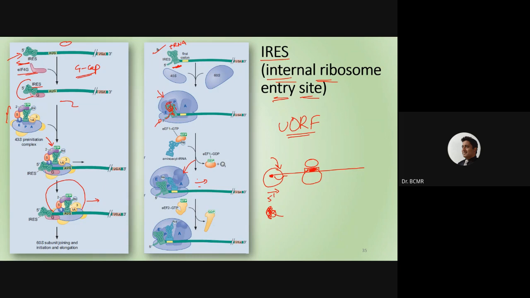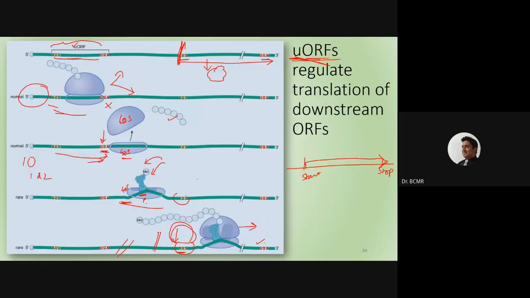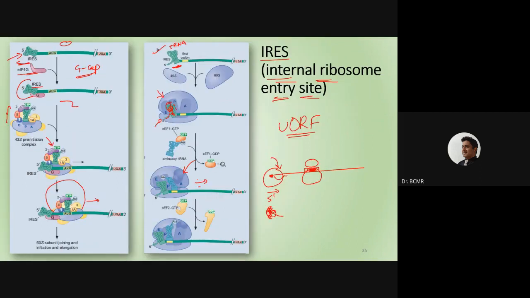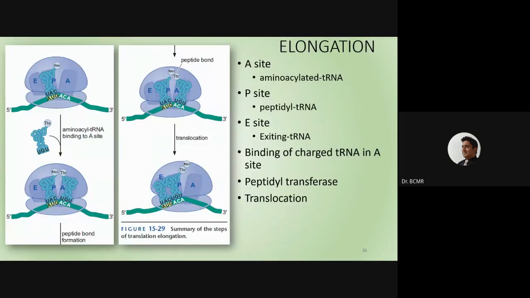We will discuss this in the next class. But remember initiation, and remember that there are variations to initiation like uORFs, and there are also IRES. I gave you some work to read about uORFs and their significance. Why should they be there? Why not? What is the probable logic of it? Next class, we will learn about elongation and termination. Hopefully, and I would also suggest you to have a look at something I will